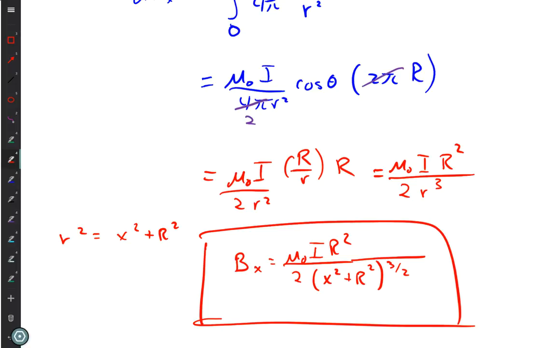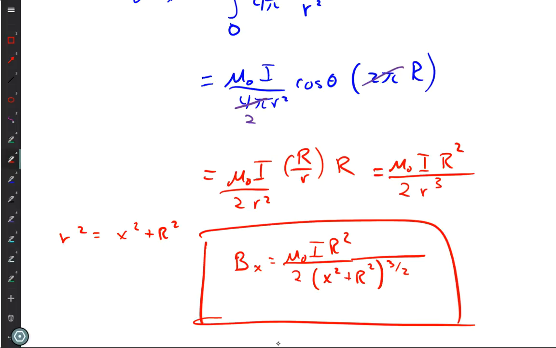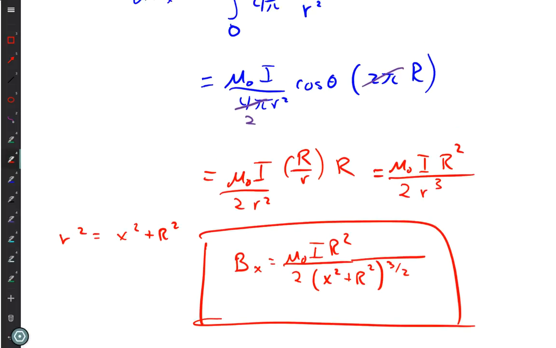So let's take this general answer and make it specific. What's the magnetic field at the center of the circle? The center of the circle, what is x? 0. And so that'd be mu naught I R squared over 2 R cubed. Or in other words, mu naught I over 2R. So at the center,